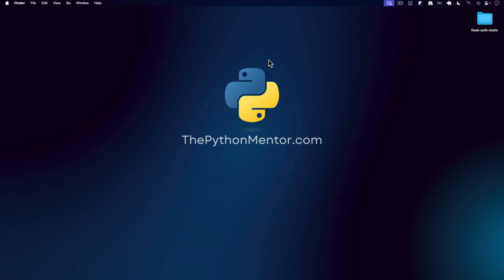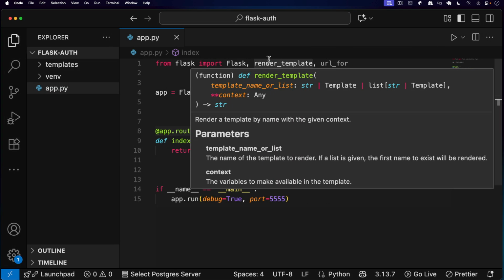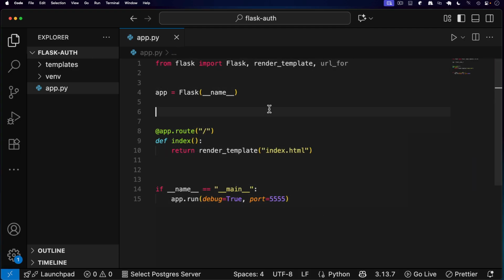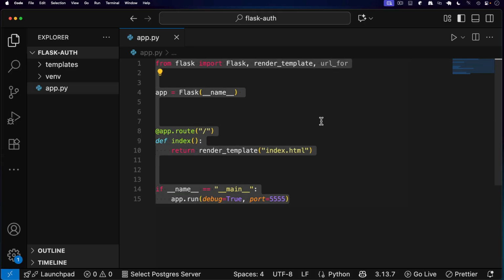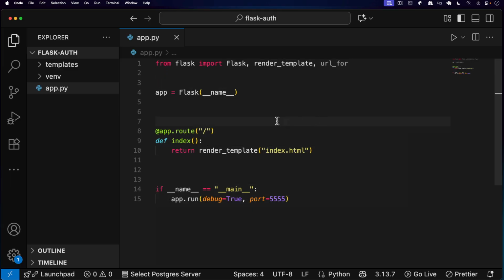So I want you to pay attention on this lecture here because you're going to learn something super valuable, especially if you're brand new to Flask or at a beginner level. Now, most of you have seen me using this when creating applications. Like if you're taking any of my other courses, I use this for very small applications. Now, this is not what I use when I create medium-sized or large applications using Flask. I'm going to show you what I use, and it's called the application